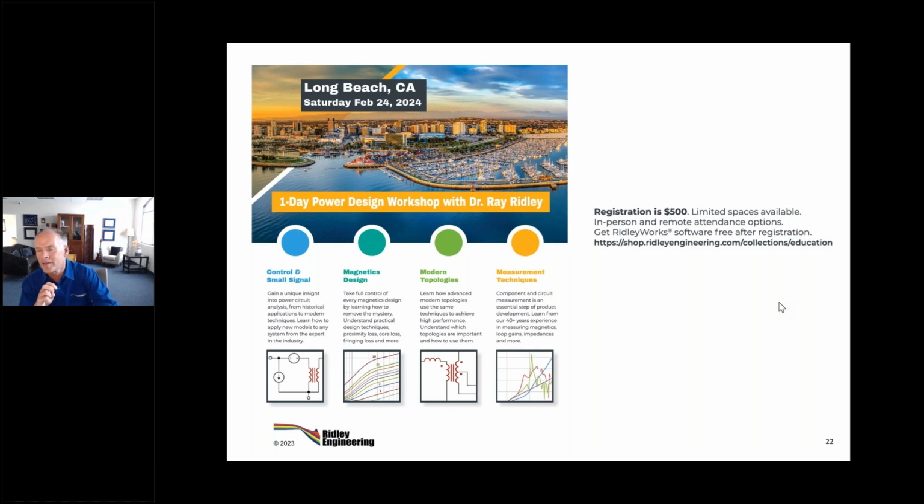That's what we're going to talk about with the topologies. They've all got one thing in common. I'm not going to tell you that until we get to the seminar. But they're all heading in the same direction. They just don't quite know that yet.